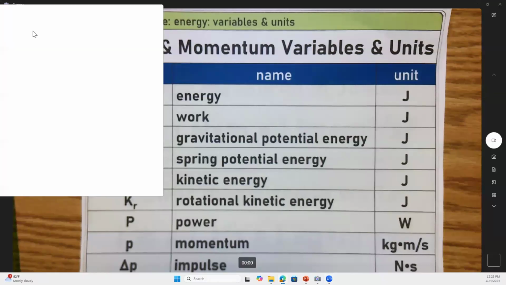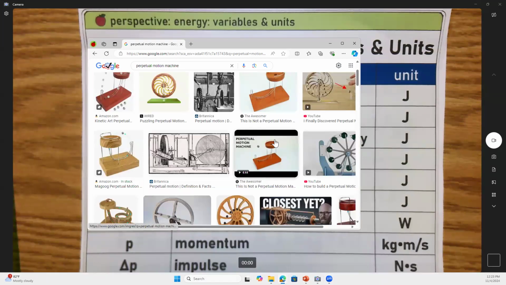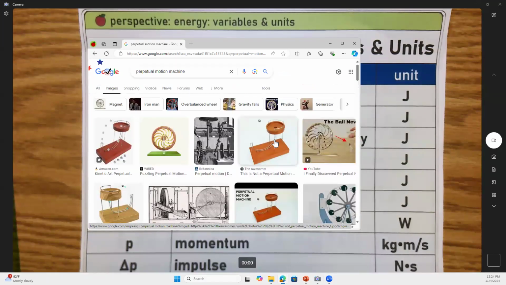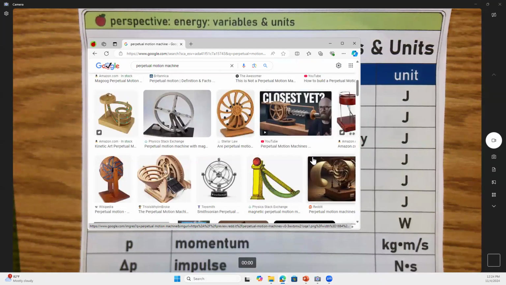All right, I have to Google this. Same thing: when I drag something over here, I can't really affect it. Well, I guess I can scroll a little bit. That's about it. Sorry, I can't make that window any bigger. But my Google search is perpetual motion machine. You see this right here? I see all kinds of funny looking contraptions. They look like Ferris wheel type, a lot of them do. I see bearings.